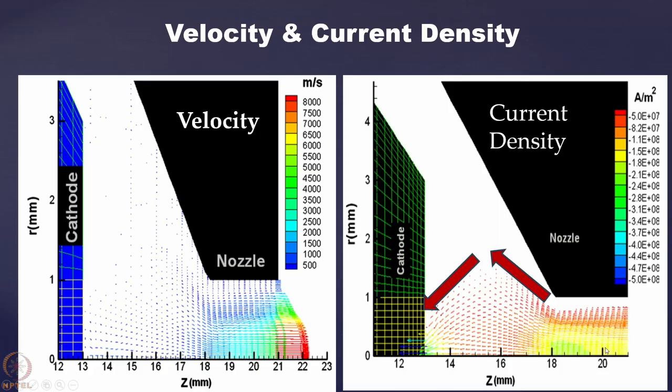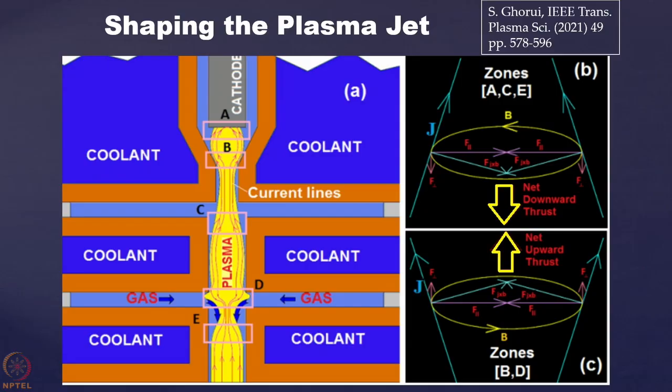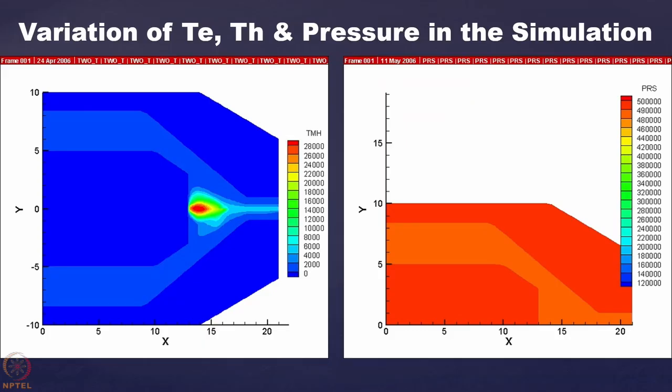So you now know that even though you keep a bigger nozzle, you will be able to confine the maximum velocity in this zone. This is nearly half the zone, you see 0.5 mm. Even though you have a quite large open space, you are able to confine the jet because of the electromagnetic body forces. You are shaping the plasma jet in a way that the velocity is confined only to half the diameter of that channel. That is why you will get a very fine cut in such devices.